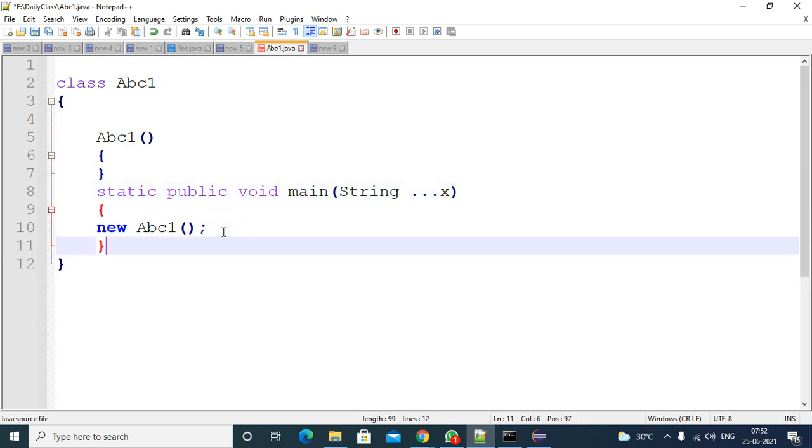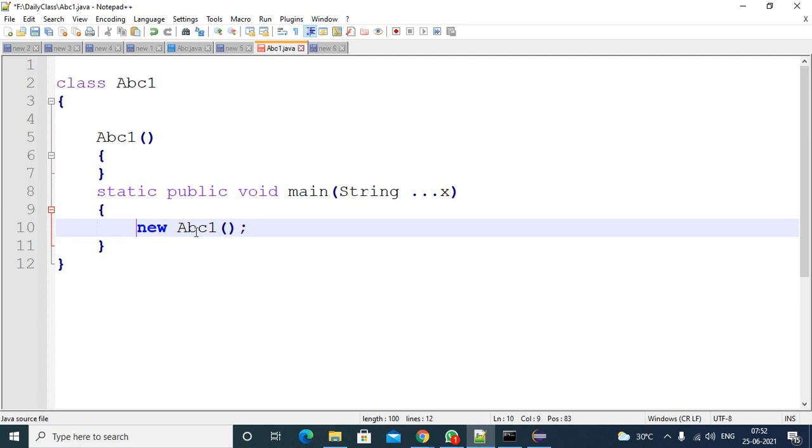After this, inside the main method, I am writing only one line, that is creating an object. I am not assigning it to a reference. That means the left side part is not there, only the right side part. On the right side, I am just creating an object for the ABC1 class. So if you create an object, what will happen?